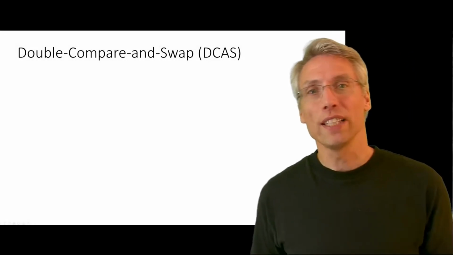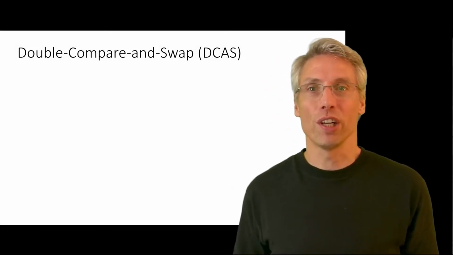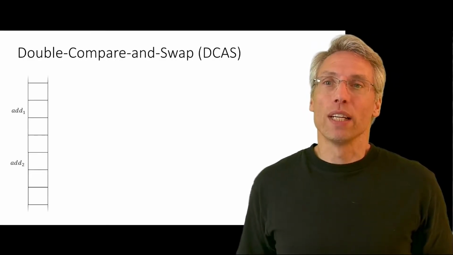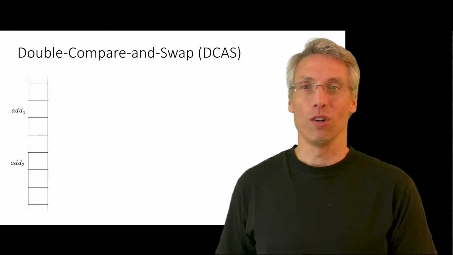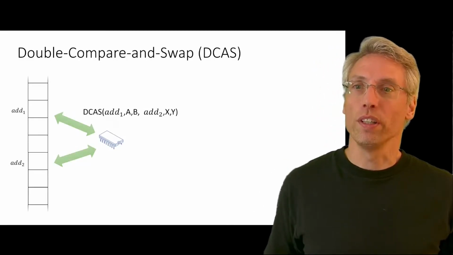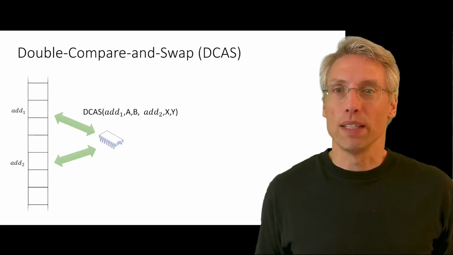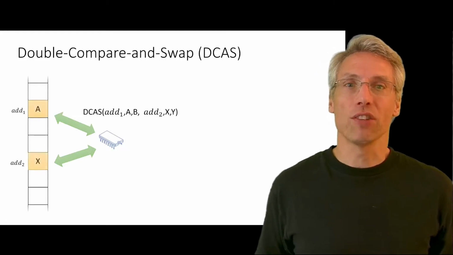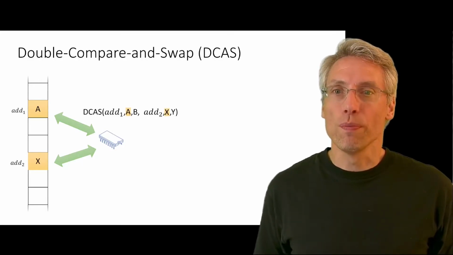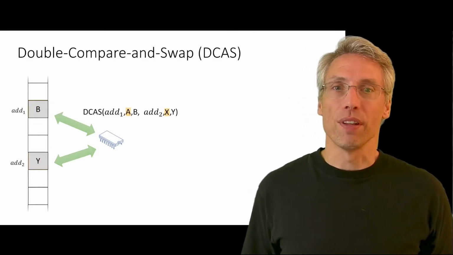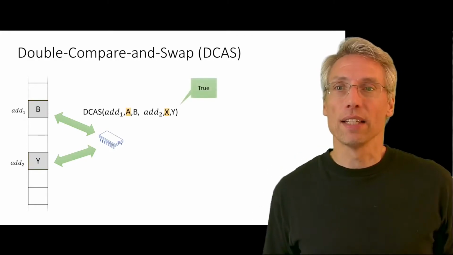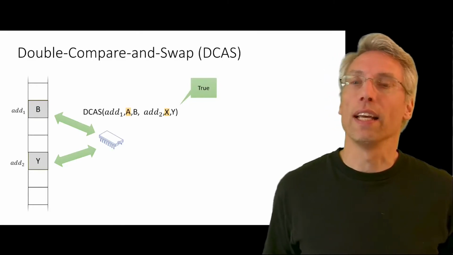An operation we would like to have, but which is not supported by current hardware, is the double compare and swap operation, or short DCAS. It works similar to a CAS, but it affects two arbitrary memory locations. So the DCAS operation takes two triples of addresses and old and new values. For DCAS to be successful, the registers at the given addresses must both match the corresponding old values. If they do, then they both get atomically replaced with the corresponding new values. As the CAS operation, the DCAS also returns a Boolean value to indicate success or failure.